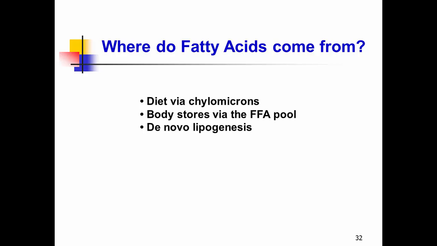Okay, and the third source is de novo lipogenesis, right? So, for example, if we consume a high carbohydrate diet, we have increased de novo lipogenesis, right? So we have a lot of fatty acids synthesized. So here I wanted to clarify, under normal physiological conditions, for triglycerides synthesized in the adipose tissue, the fatty acids come mainly from two sources, right? Dietary lipids and de novo lipogenesis,